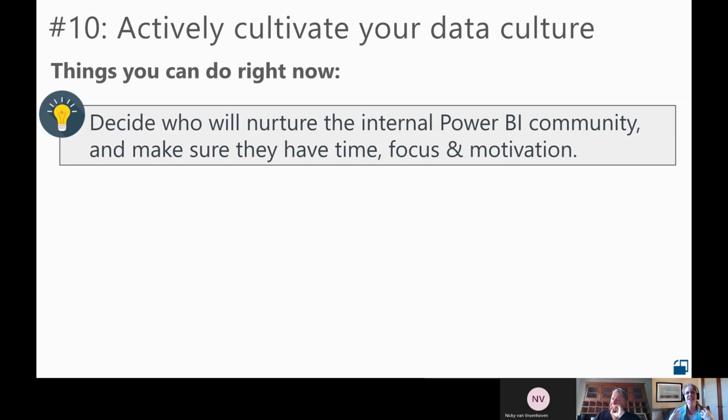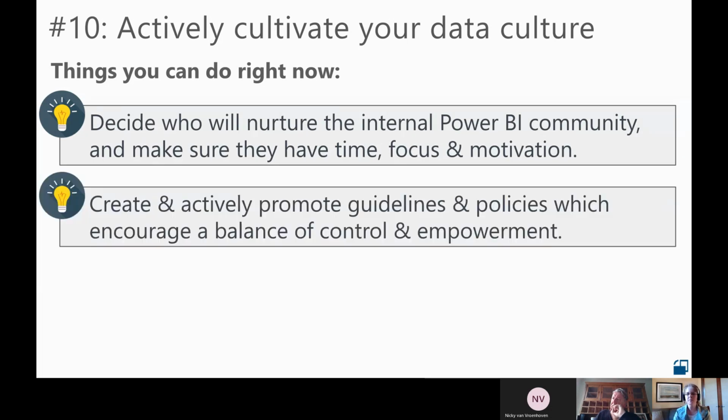You want them to love it and want to do this. And then your guidelines and your policies, not only do we want to create them and toss them out in a SharePoint library or whatever, but we need to actively promote them and make sure they have this balance between controlling what people do and empowering what people do.